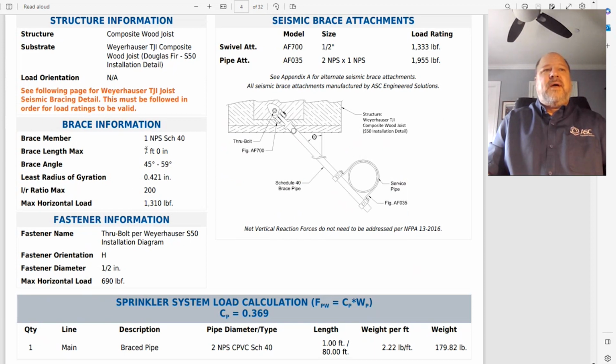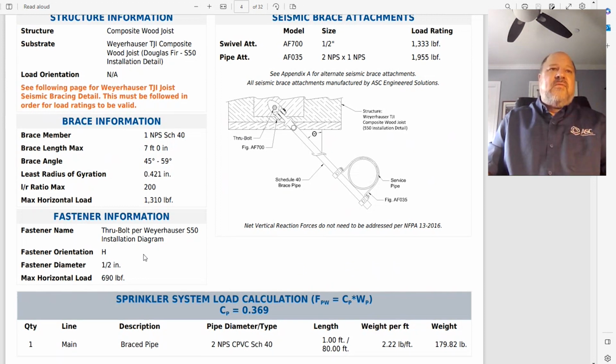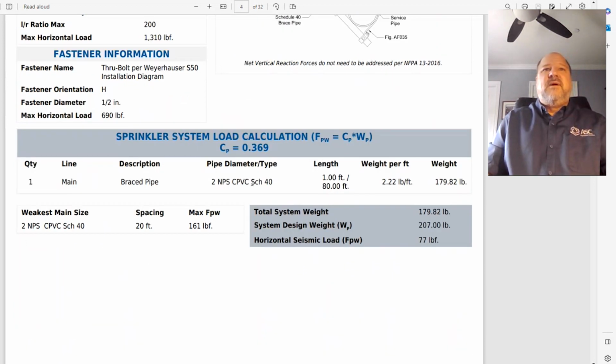Here's the information about the pipe. And then from the Weyerhaeuser detail, they allow 690 pounds for an orientation H with how I have this configured. Let's go a little bit further. Here's my zone of influence. There's my pipe. And the stress on that 1 footer, because that's a main that's being laterally stressed, just like